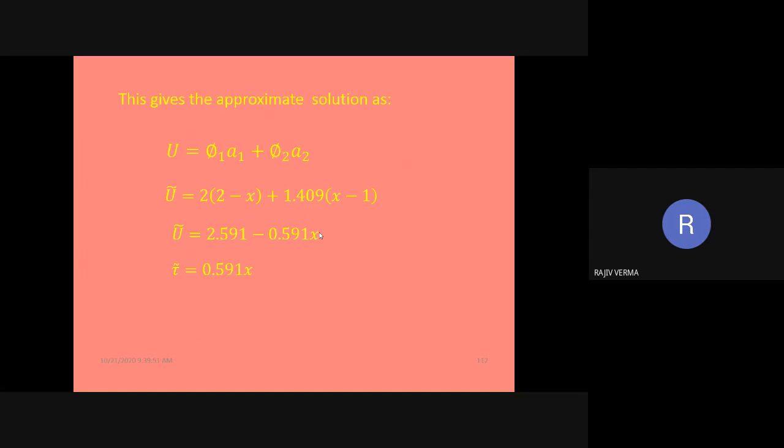Now, in the future slide, we are going to divide the entire domain into two elements, and we will see how the elemental equations which we have developed in the current session are going to be of use to develop the elemental equations when the entire domain has been divided into two elements.